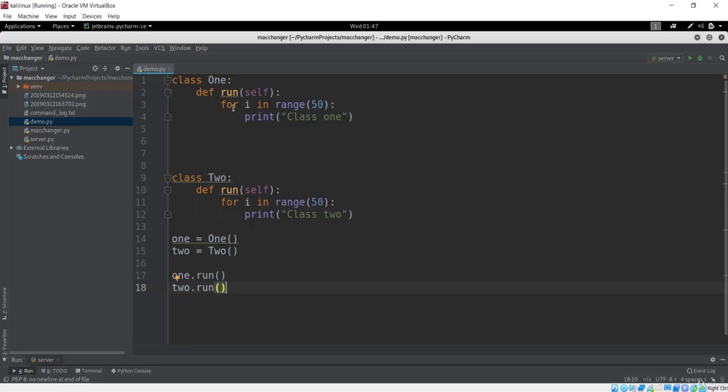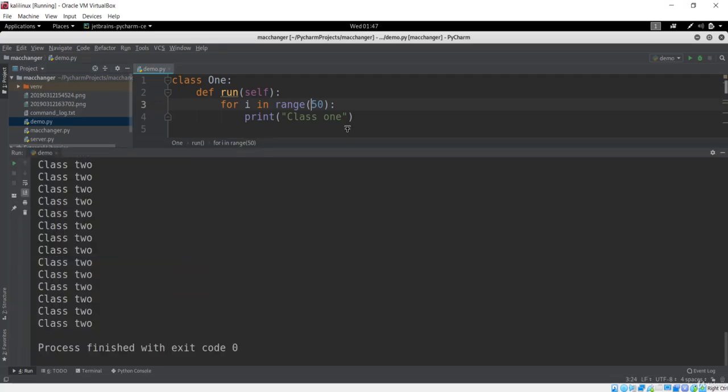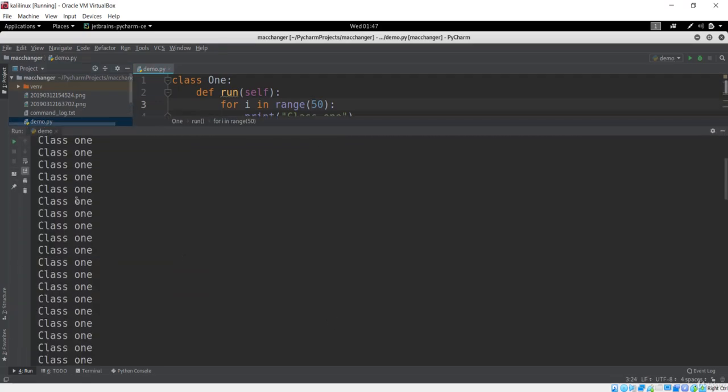You can see that it is heavier than before. In the previous case we were just running a function with a simple example, but for now we have more tasks to do. That is, you have to first run this one and this one, and this is for 50 times. Let me show you how this will run. Let me go over here and press run on this demo. You'll see that it will have class 1 first. You can see the sequence over here.